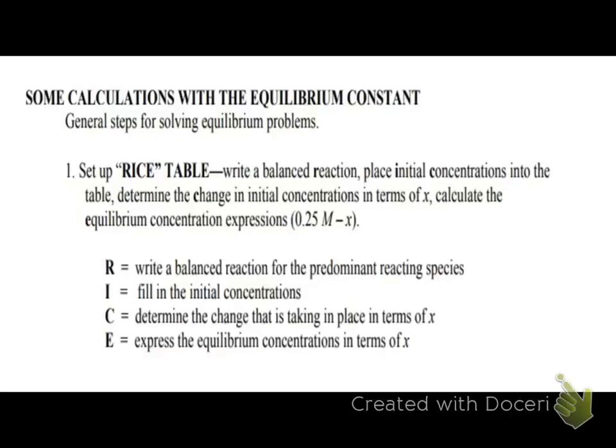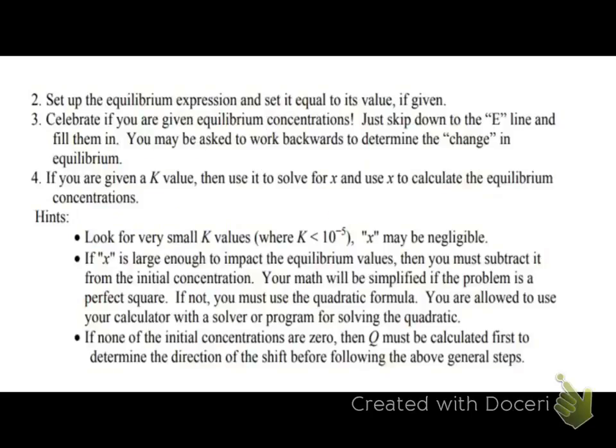Some teachers call it the ICE table, but the Rice is, the R is the right, the balanced equation, the I is the initial concentrations, C is the change, usually in terms of X, and then E is what the expressions will be at equilibrium, and then you can plug it into your equilibrium expression. Okay, so the first example we're going to do